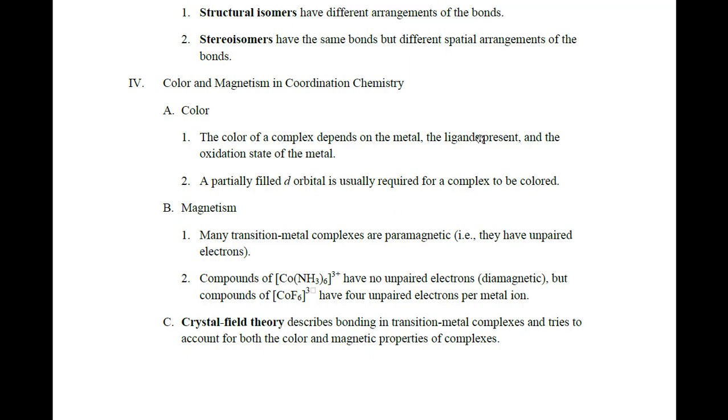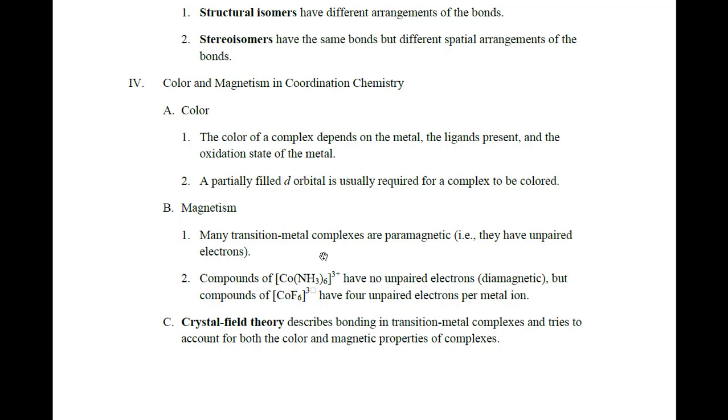So it depends on how the ligands bond into the d orbitals, which is much more advanced than we can do here. If you're going to stay in chemistry, third year, you will take an entire course in inorganic chemistry, and you will see how the d orbitals actually split apart, and it makes a difference on where the ligands coordinate in which part of the d orbitals, in order to make those different colors, those electronic transitions into the visible range. Magnetism, we talked about diamagnetism and paramagnetism in General Chem 1.